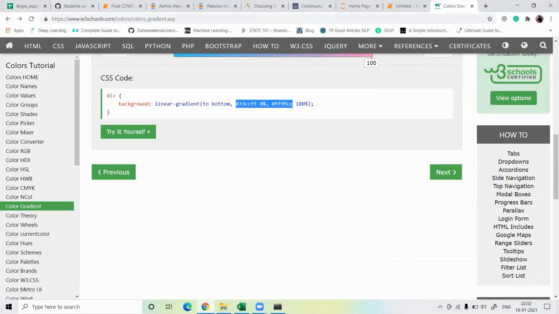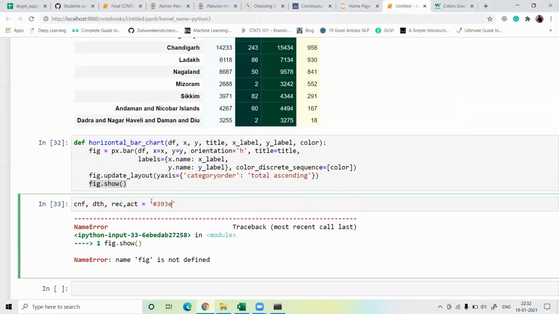So I just search from here and copy this. Sorry. One is already defined, so I just do the next. Here, just remove this for the copy and pasting.